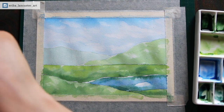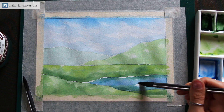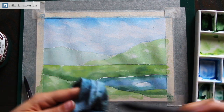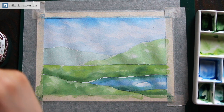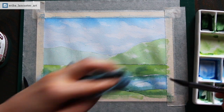All right, so I can tell that I'm really arriving at a point at which I need to allow this area to dry completely if I want to do anything else to it. I have been working on this area way too long. So I'm just gonna do a tiny bit of softening out and lifting with my brush and my absorbent towel. And we're gonna switch on over to working on the faraway mountain in the distance, which I can already tell